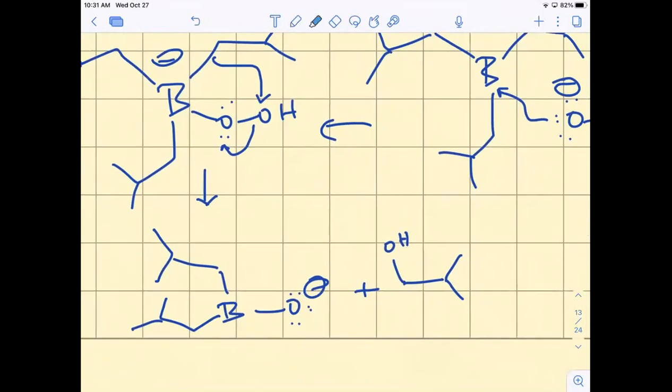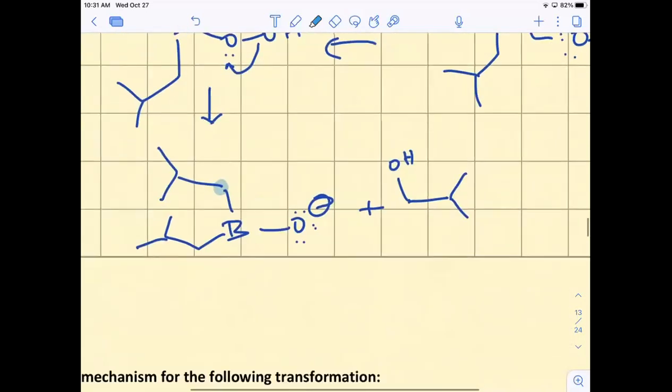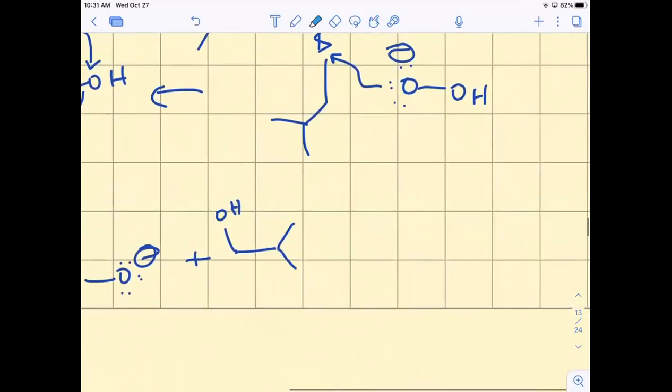Like that. So it's this carbon right here where the alcohol ends up, which happens to be, in this case, the least substituted carbon. And that's going to happen 3 times, right? And eventually I'll have 3 alcohols